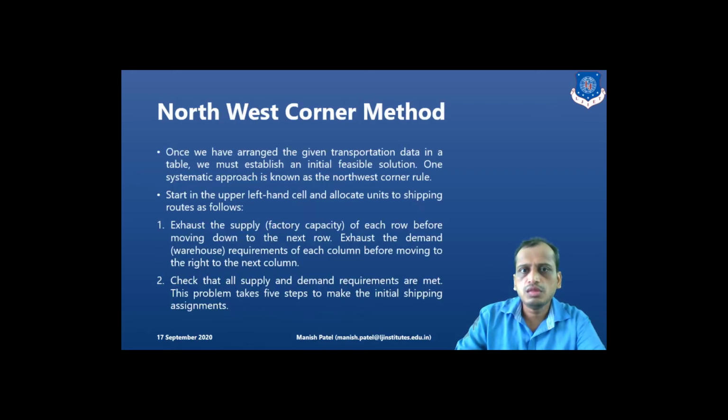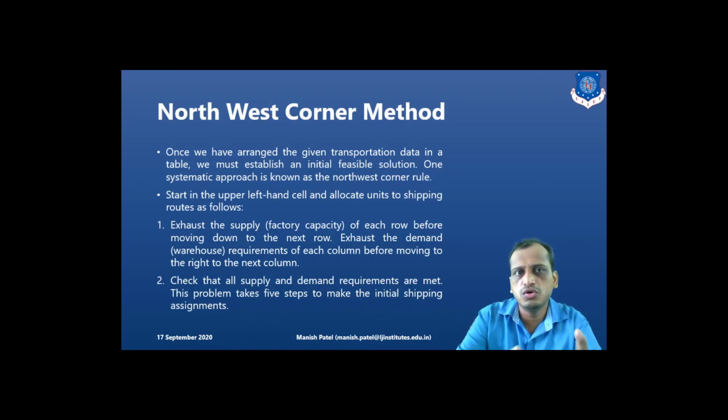Clear? Now, the first and foremost method is the northwest corner method. What are the steps involved in the northwest corner method? This is one of the methods to solve transportation problems. The first step is to check if the problem is balanced or not. If the problem is unbalanced, we introduce a dummy row or dummy column in the transportation cost matrix to balance the total supply and demand. The next step, as the name indicates, is the northwest corner.